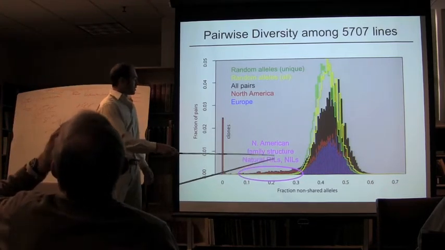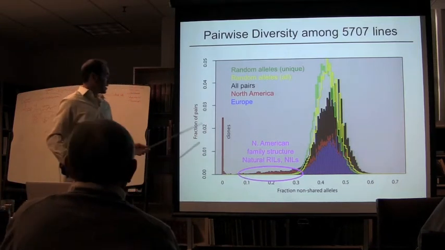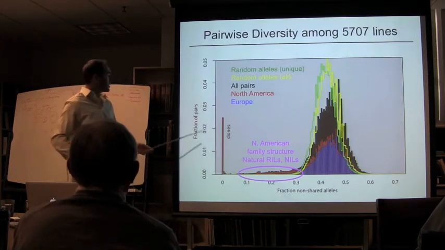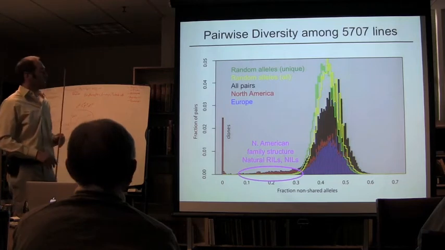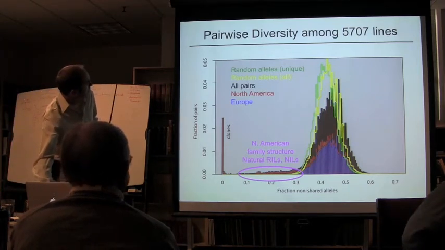Although in North America, when fields are recently founded by multiple individuals, we had another sort of population of natural recombinant inbred lines or natural near-isogenic lines, and these are a fantastic mapping resource that I spent several years in grad school trying to generate manually. Now we know which fields we can go and just collect these lines. So this is the diversity at the global level.